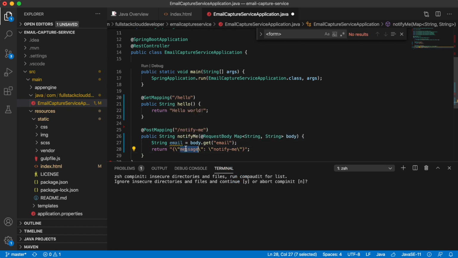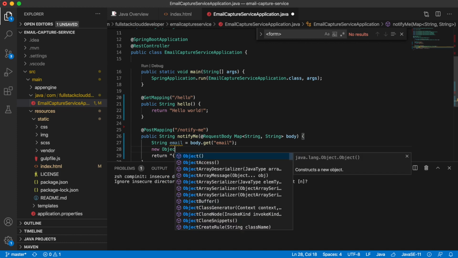Okay, and so email is not used. Let's go ahead and echo back our email and see if we're getting anything. So we've got a label, we'll call it email, and then we'll echo back the variable that we retrieved. And let's go ahead and save this. Actually, let's do something different. We're in Java, so we could actually do something to send back the JSON formatted string without having to type